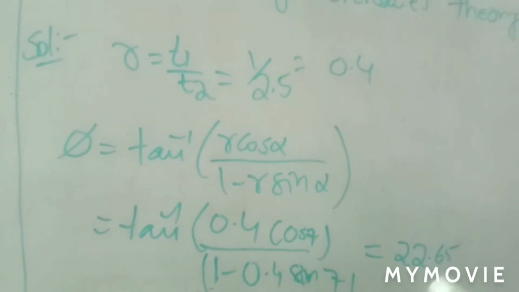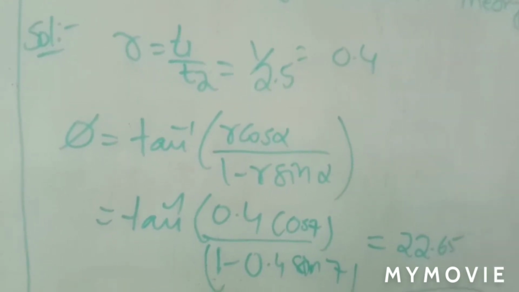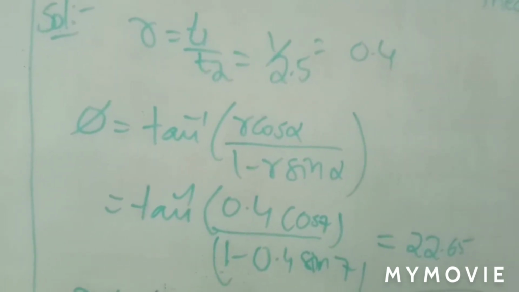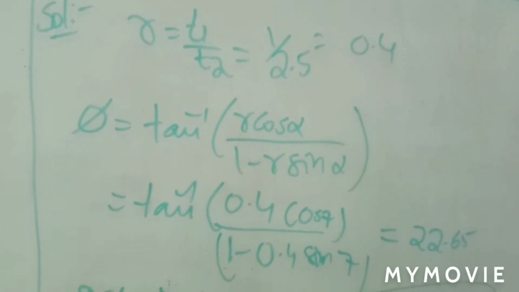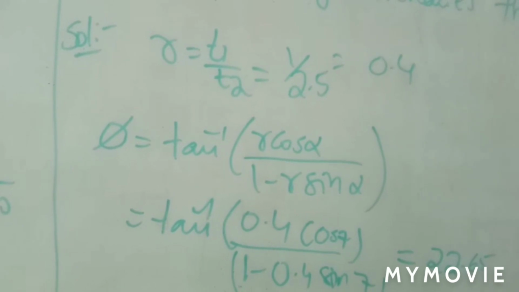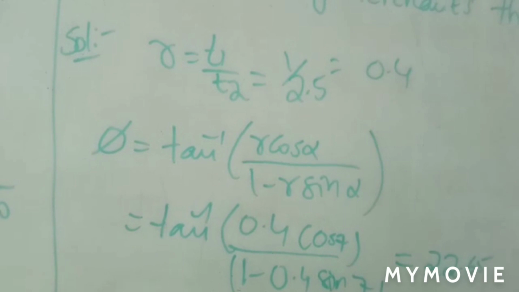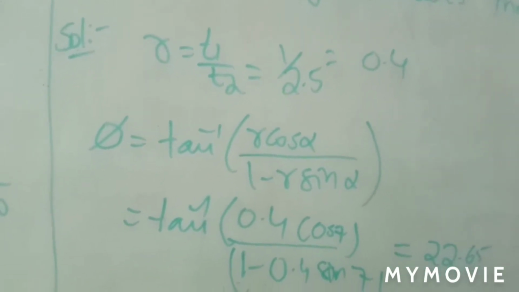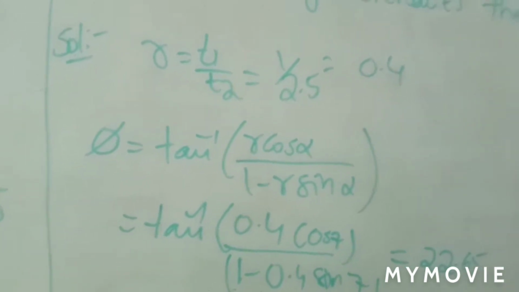So phi equal to tan inverse of r cos alpha by 1 minus r sin alpha. Right? The only other thing is Merchant's theory. Merchant's theory is also a very well known formula: 2 phi plus beta minus alpha equal to 90 degrees. A very well known relation. The only thing is just remember the formulas and try to apply the formulas to your given data. That is the only thing you have to do, and automatically you will score more marks, especially when you are having these kinds of questions in your examination.